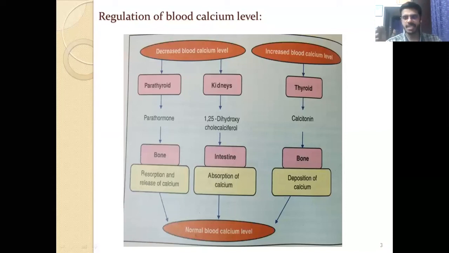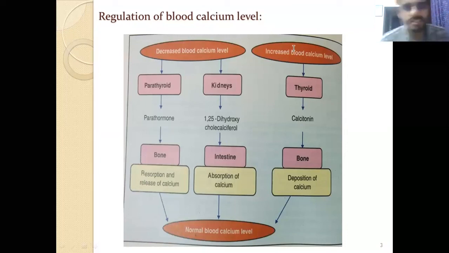It keeps the calcium in the bones. That's why it's called calcitonin. By this way, it brings more calcium ions and puts it into the bones. As a result of this, the serum calcium levels will drop. So these are the three hormones which regulate